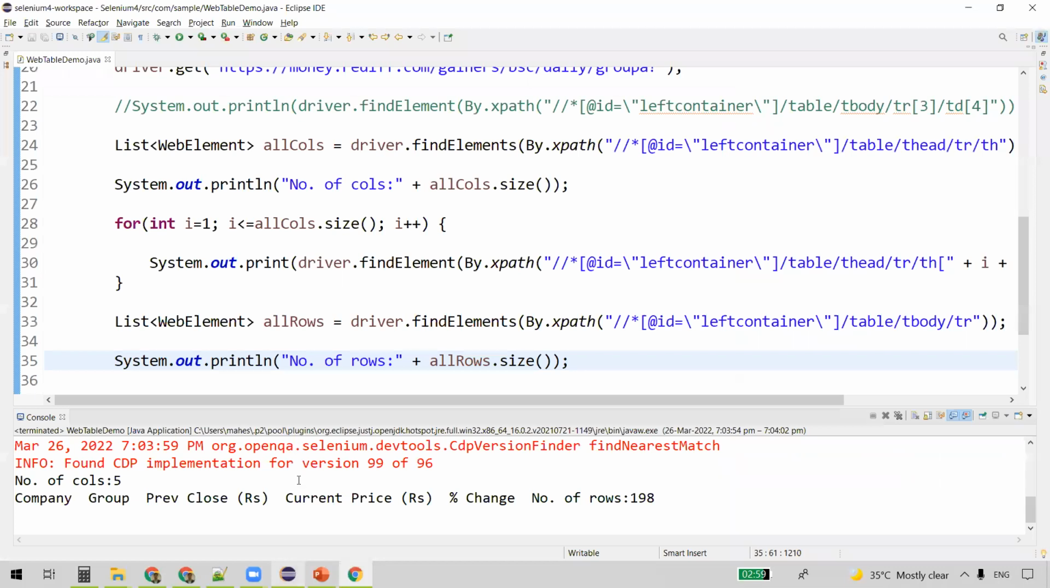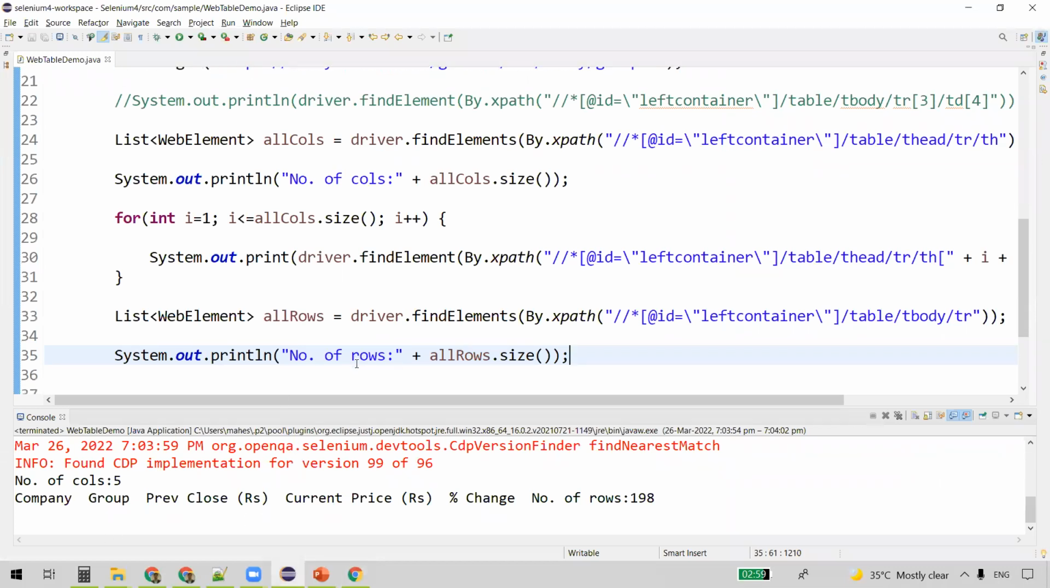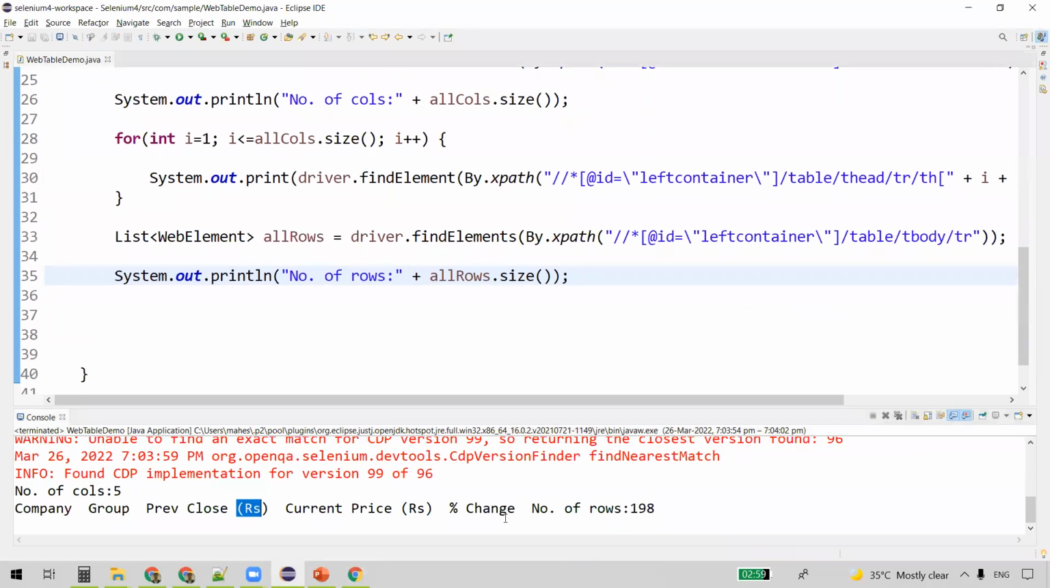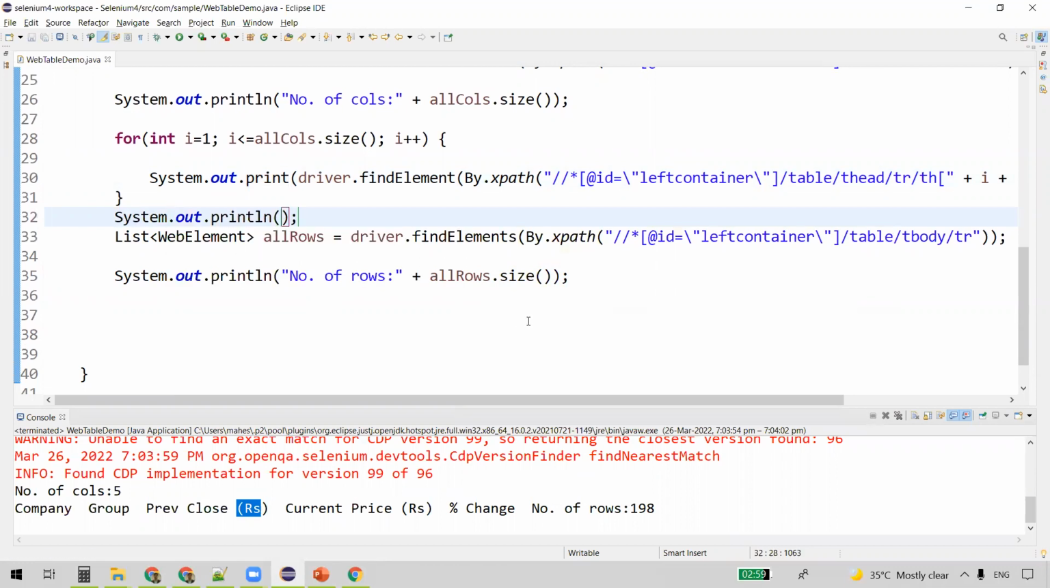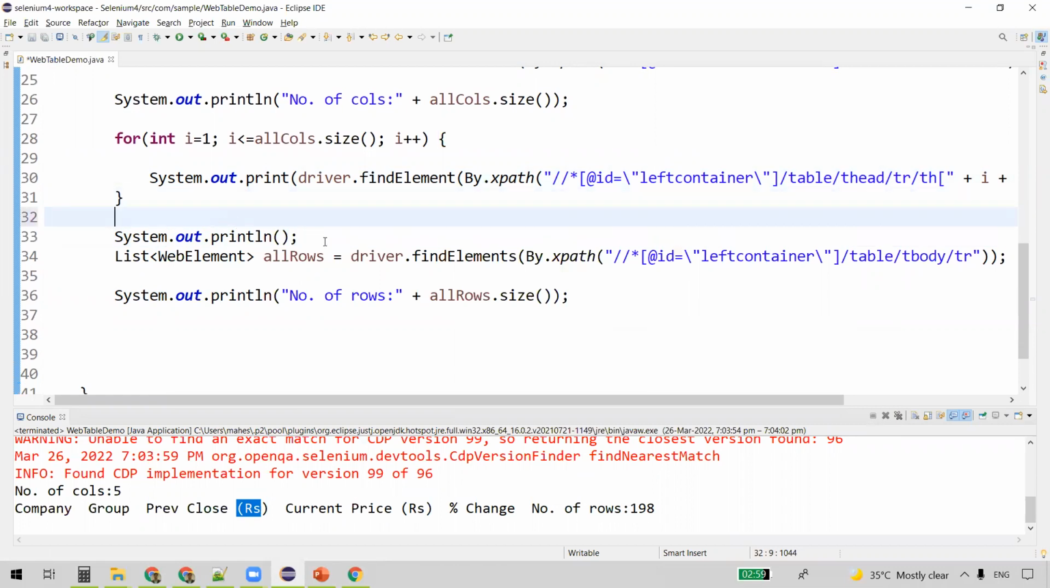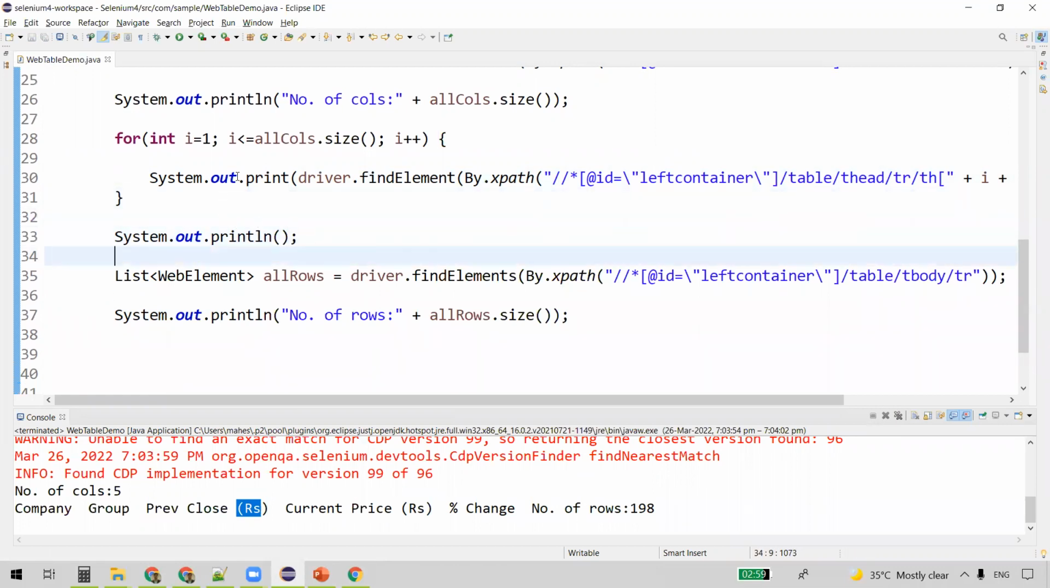So you can see it now, right? Number of... yeah, it actually displayed here. After printing this, we didn't have System.out.println. That's the reason it came in the same line. No issues. We'll just leave one line after printing the column header, so that it actually displays in the next